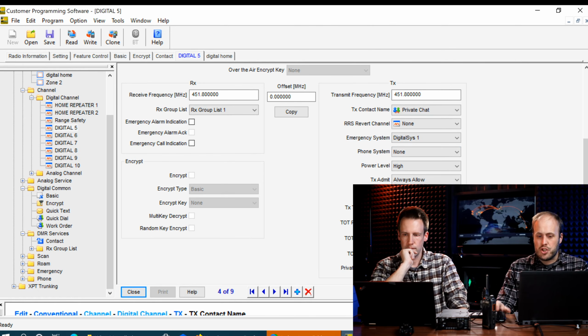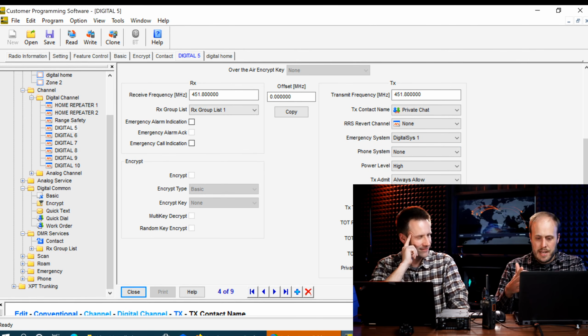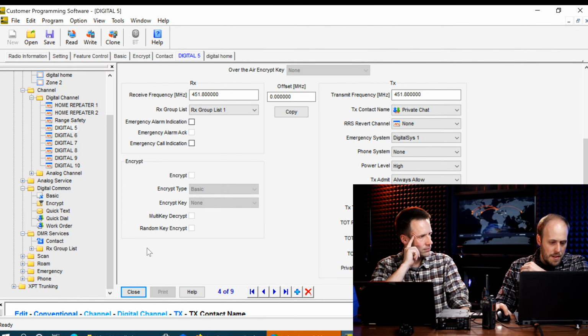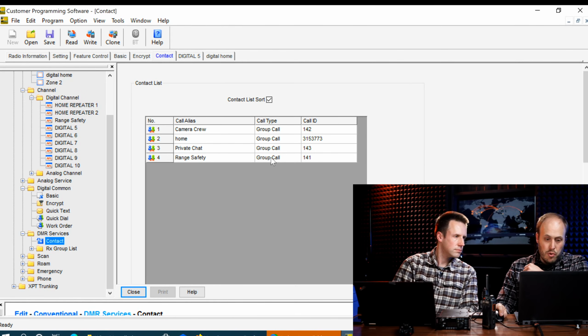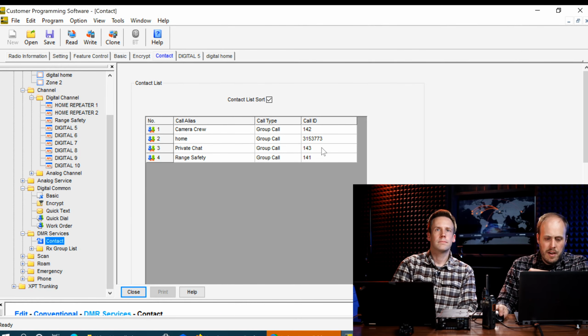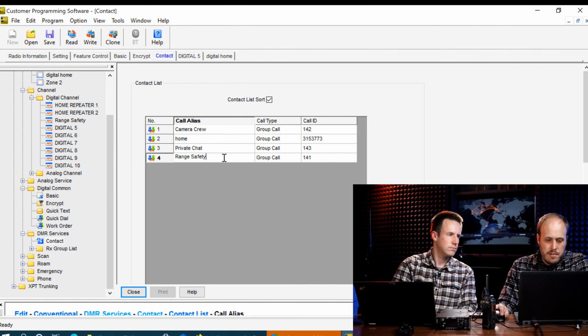But actually, once I started figuring out the triumvirate of these three settings groups and how they played together, suddenly it became a lot simpler. You set up the contacts first, and it doesn't have to be super complicated. In the contact area, you can set up just a group call. Whoever had this radio before, they just had one for everything. But you could have a chat group, basically a chat group for just one type of topic.